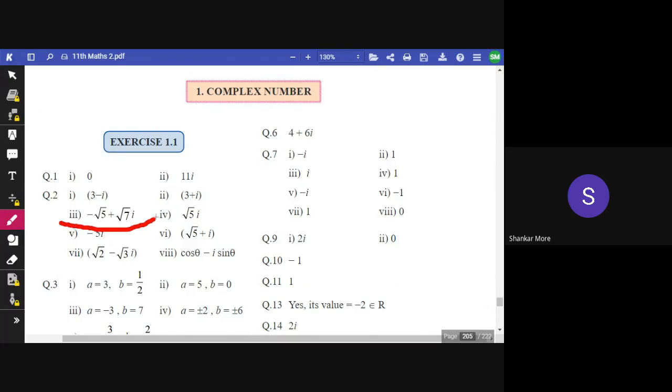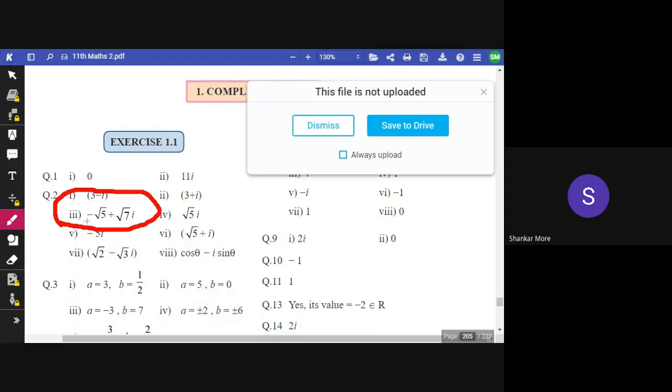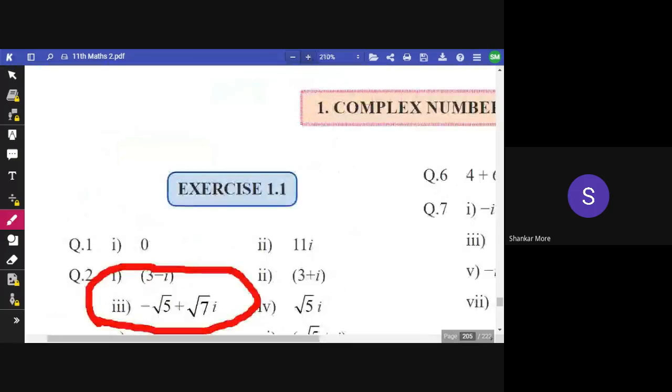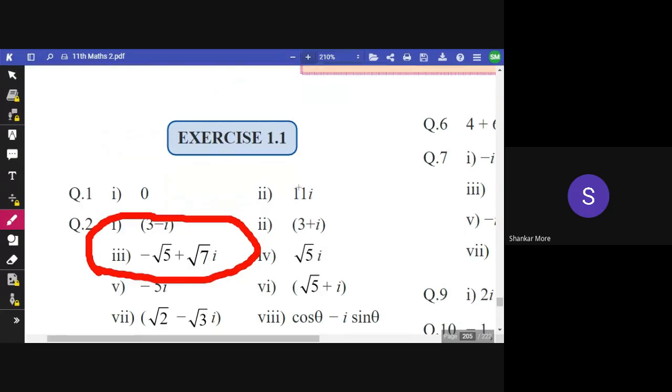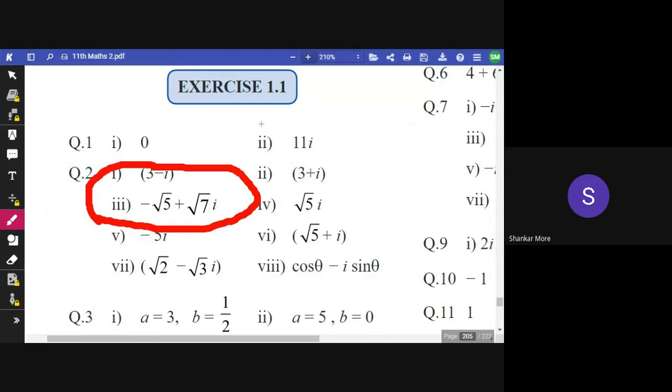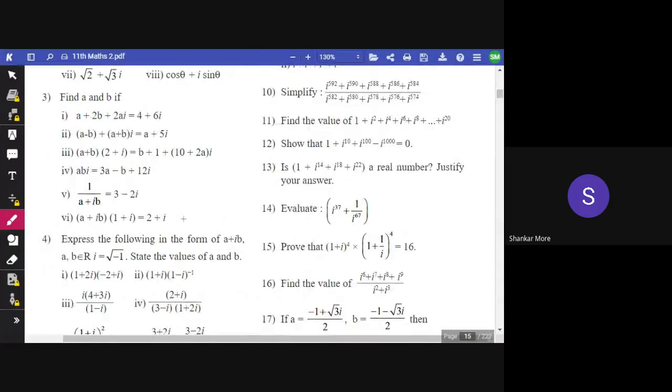See, Sankalp, can you see this? The answer is the same as I have told you, isn't it? I'll zoom in so that you can see it. Sankalp? Okay. There might be a print mistake in your book, so please correct it. In my book, it's correct. Okay, no issues.